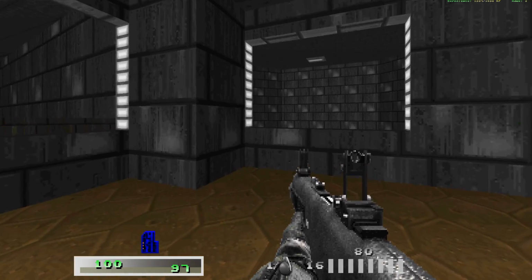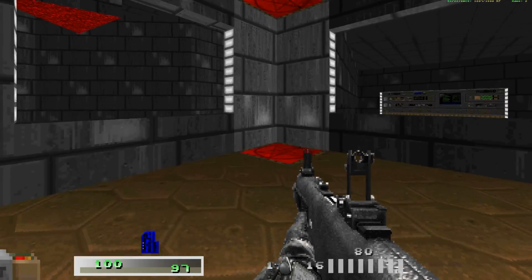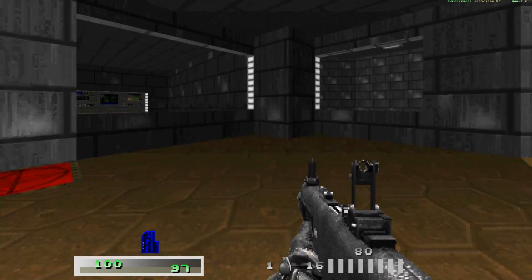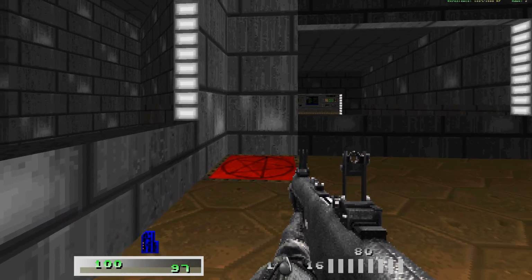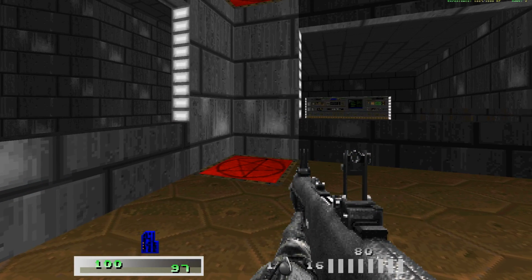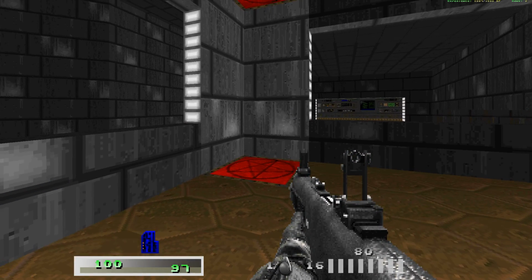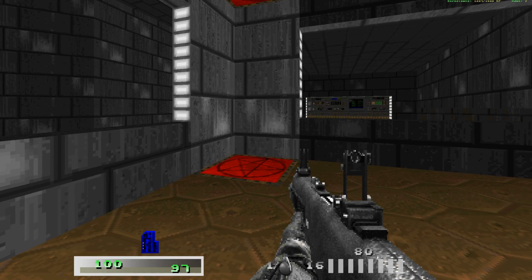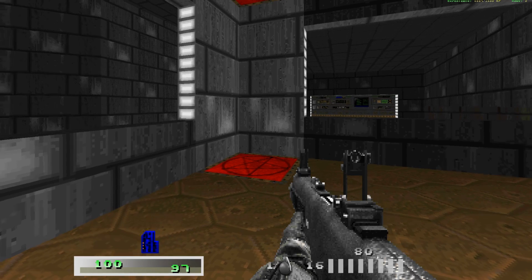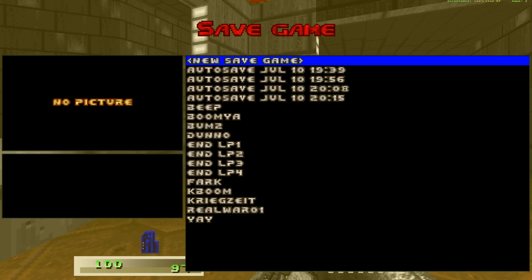Now, if I'm lucky, it's a standard Cacodemon. If I'm really unlucky, it is something that is going to absolutely rip us to complete shreds, and we're going to have absolutely no recourse to deal with it. So let's hope that's not the case. However, I'm going to save the game, and